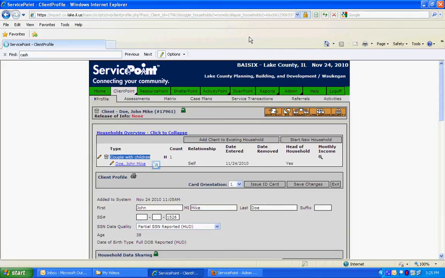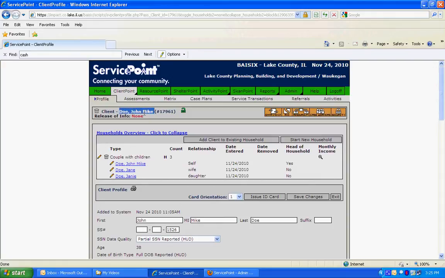Click on Exit and refresh. This detailed information back on John Mike Doe's profile refreshes, and now we see all the members in the household. I can navigate to the profiles and the assessments for each of these newly added members simply by clicking on the link. So right now we're in John Mike Doe. If I want to go to Jane Doe's profile, click on her link